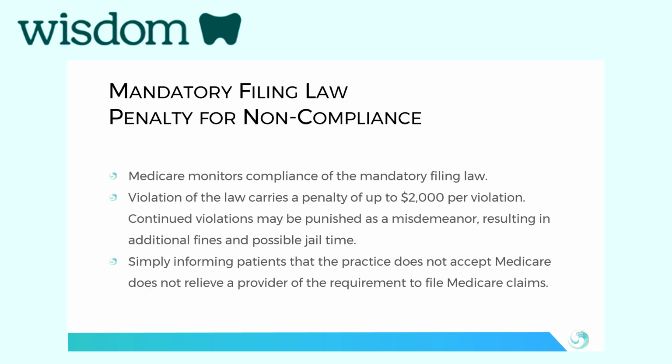So let's look at a scenario. Remember, I mentioned that savvy Medicare patient. Your provider is enrolled as an ordering and referring provider. You do a biopsy, you bill the patient, and the patient pays $100 for that biopsy. That savvy Medicare patient is going to go home and talk to their neighbor who says, oh, well, I didn't have to pay for my biopsy. Medicare paid for my biopsy. You should file a claim. So that savvy Medicare patient is going to file a claim. And Medicare is going to look at your provider's NPI type 1 and see, oh, well, they're not enrolled as a Part B billing provider or opted out.